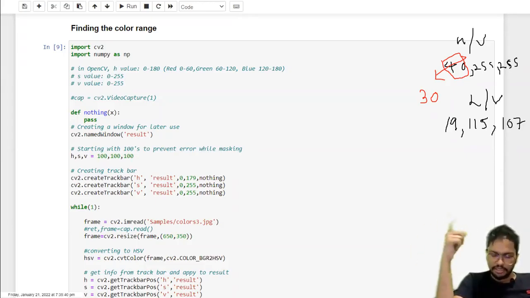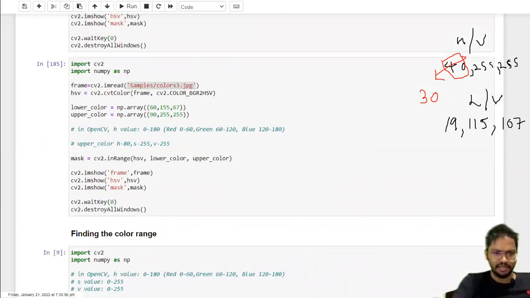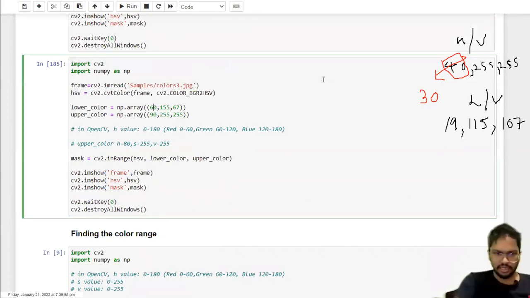Then stop, then go to the V value and increase it until black patches are seen on the object. That's how you get the lower value. It's quite simple. Now if you provide these values here, you are going to see that your